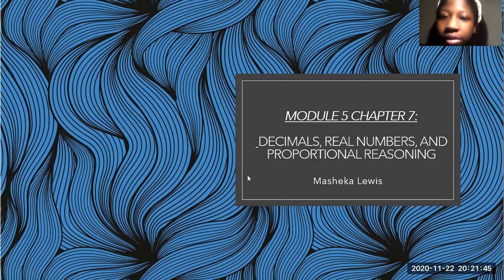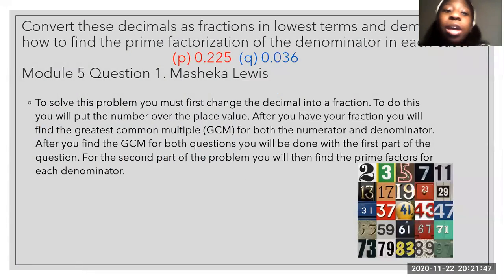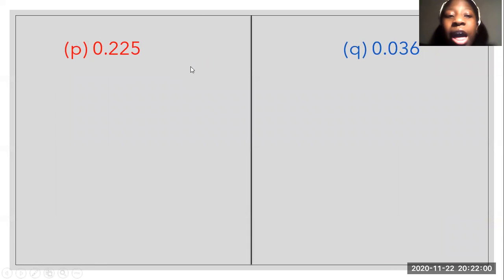Okay. So, our first question, we'll have to turn these decimals into fractions and then find the denominator's prime factors. So, to do this, we'll have to find our place value. This is tens, this is hundreds, and this is thousands. So we'll put our number over the thousands place because